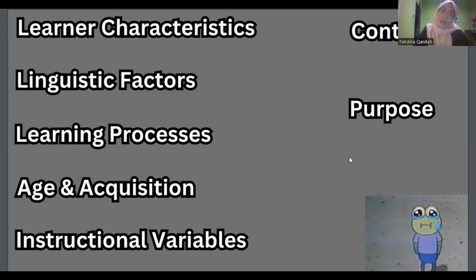And then the next one is the instructional variables. The instructional variables are like: what is the optimal length of time required for good teaching of a second language? Is there any best limitation, the best requirement, for the length of teaching which is the most effective as a teacher? And what is active learning?